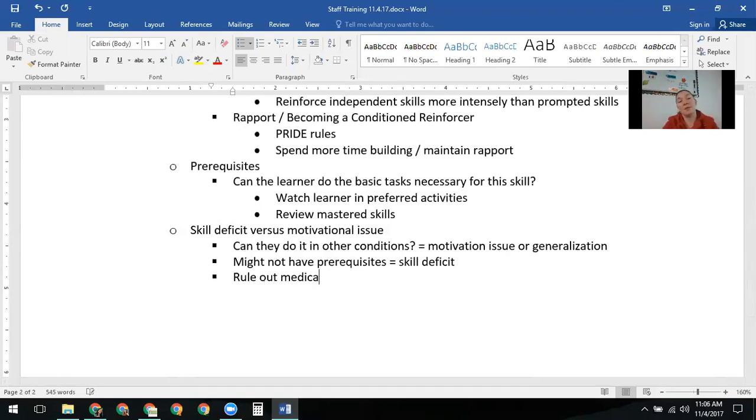Rule out medical or other reasons. Because the thing is, if we talk about toilet training, I'm going to use toilet training as an example. If an individual has a UTI, it's going to be very difficult to be successful with toilet training at that moment. You don't want to blame it on the kid for not learning when they're actually dealing with a medical condition. Don't have that sensation that they need to